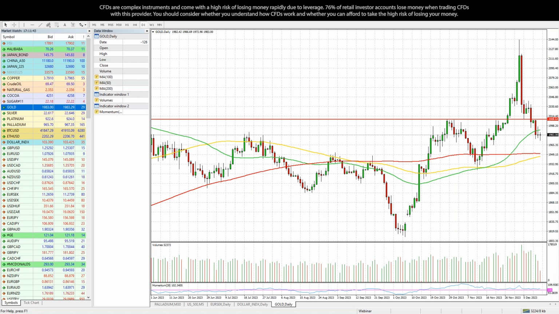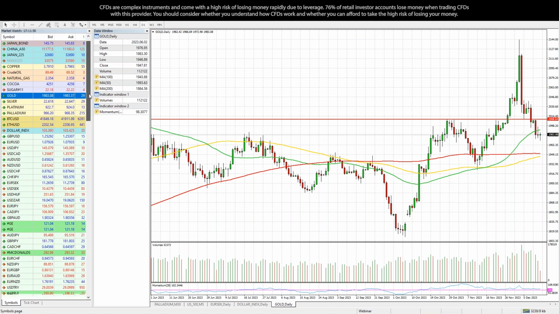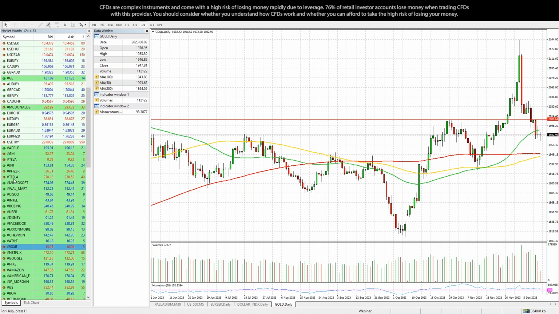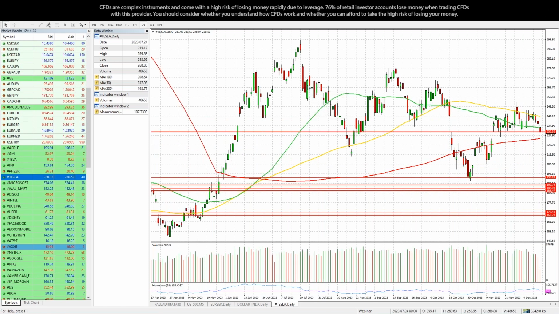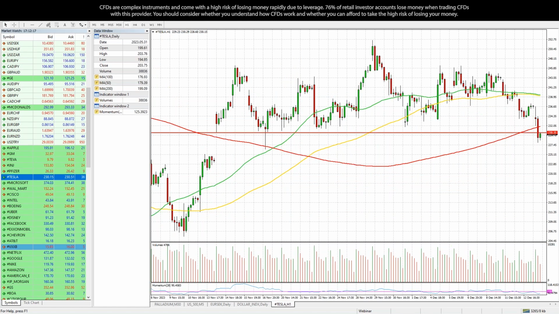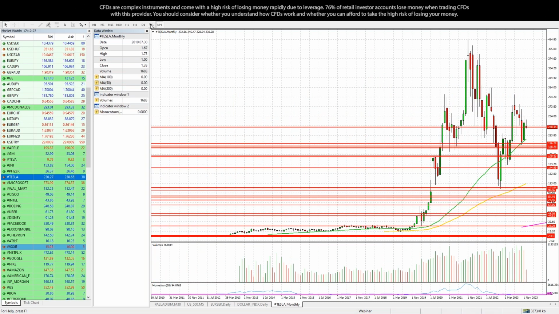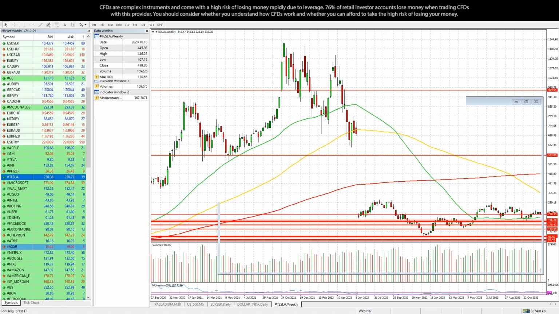Eric is asking, with Tesla, what is the 60-minute bullish triangle? Let's take a look at Tesla. Eric, if you don't mind explaining your question a little bit, what exactly you're asking. I'm not sure what's the 60-minute bullish triangle here. Again, let's see the big picture. Let me just open a new chart.